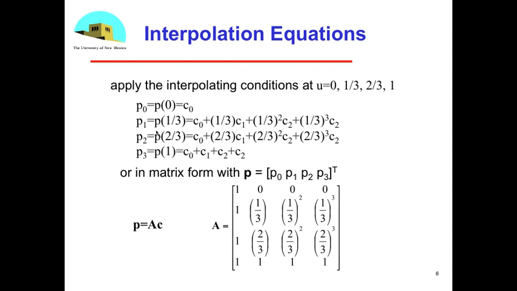If I look at a third, then I get the data point P1, and then I get C0 plus C1 times 1/3 plus C2 times 1/3 squared, and so on. Likewise, for 2/3, that's going to equal P2, and at 1, I'm going to have the data value P3, but all the powers of U are 1 there, so it's just the sum of the C's. So I have 4 equations in the 4 unknowns, C0, C1, C2, and C3, given the data